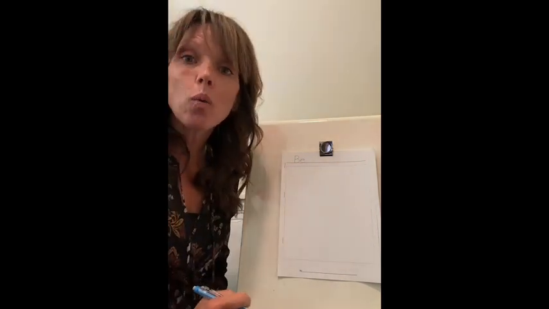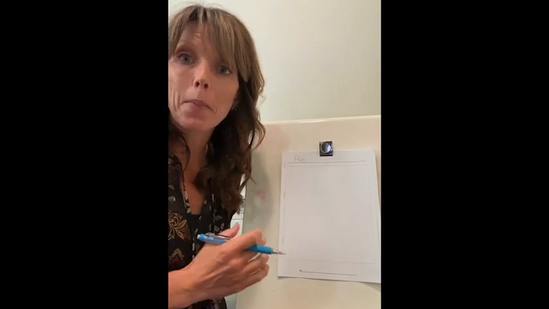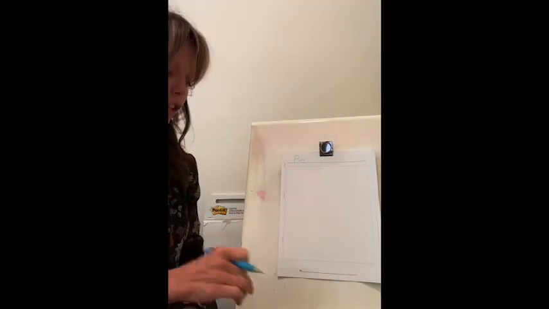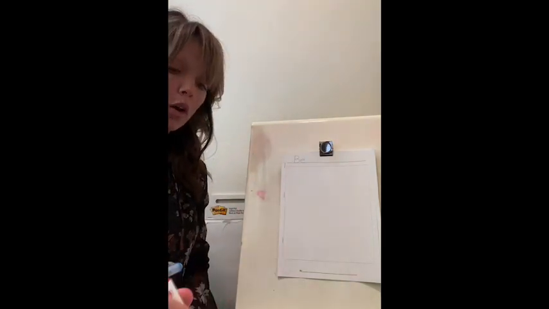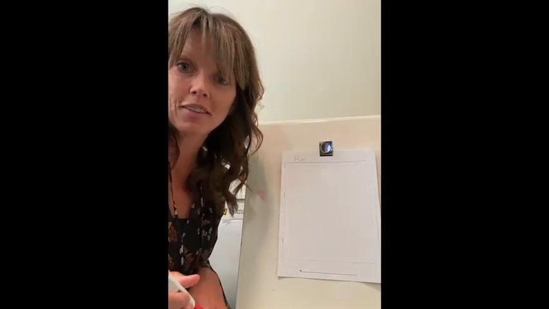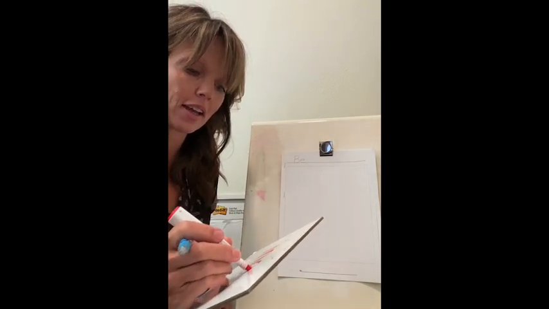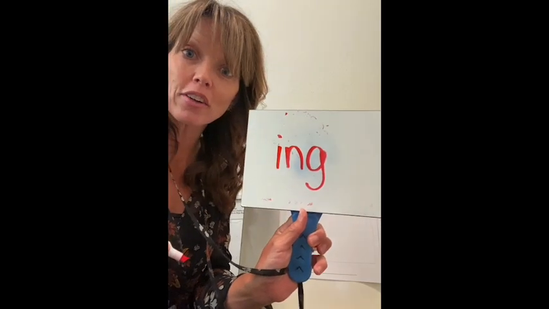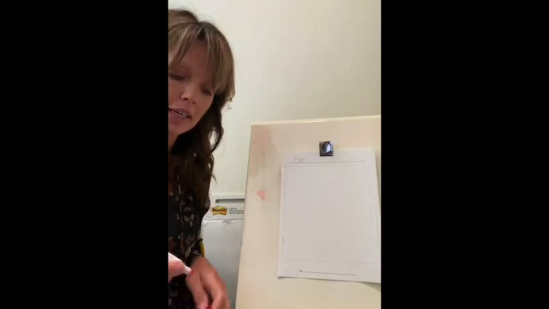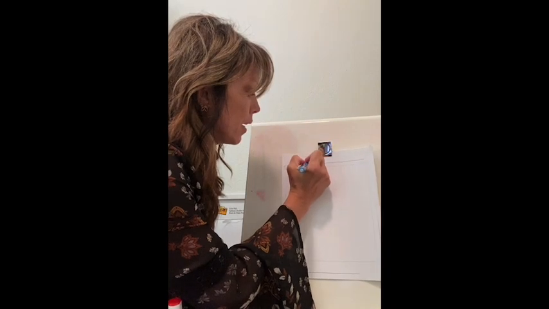Okay, so now we need to think. We're not just writing the word be, now we're writing the word being. So who out there can remember that special chunk of letters that we know that says ing? We like to call them the Ing brothers. Okay, remember that. I-N-G. Those are the Ing brothers, okay? So they all work together, these set of brothers, to spell ing. So we're going to add that to the end. So now we have being.